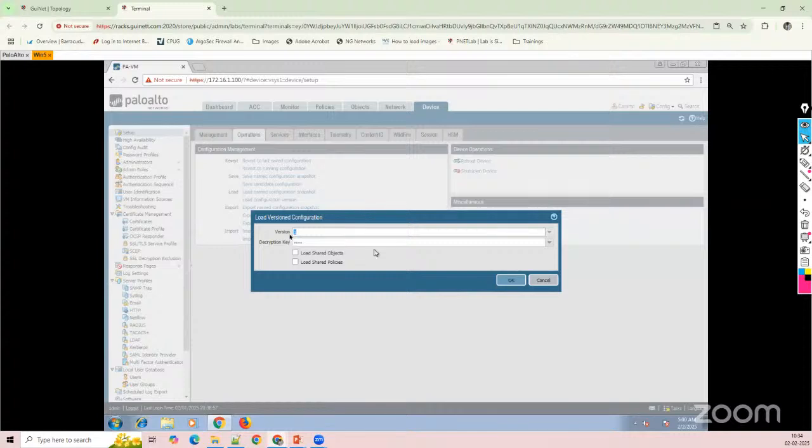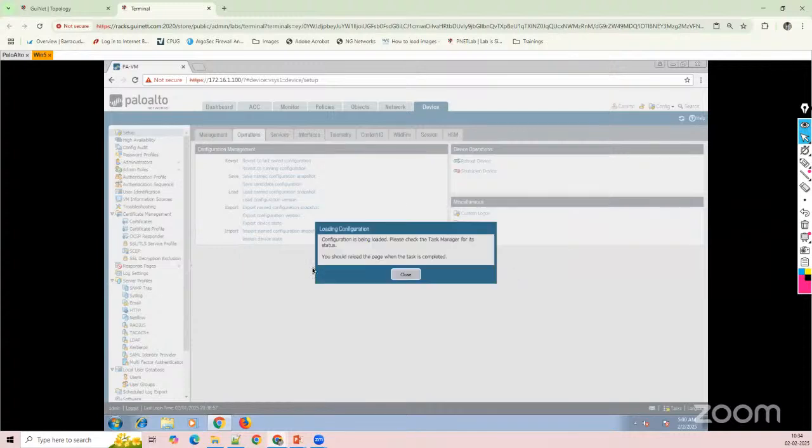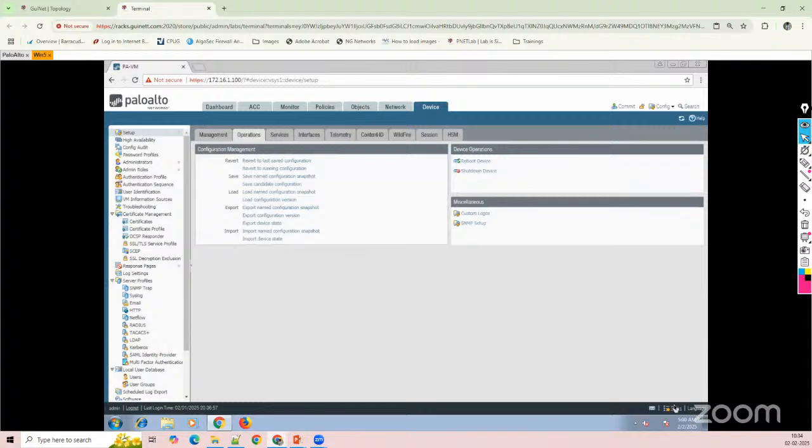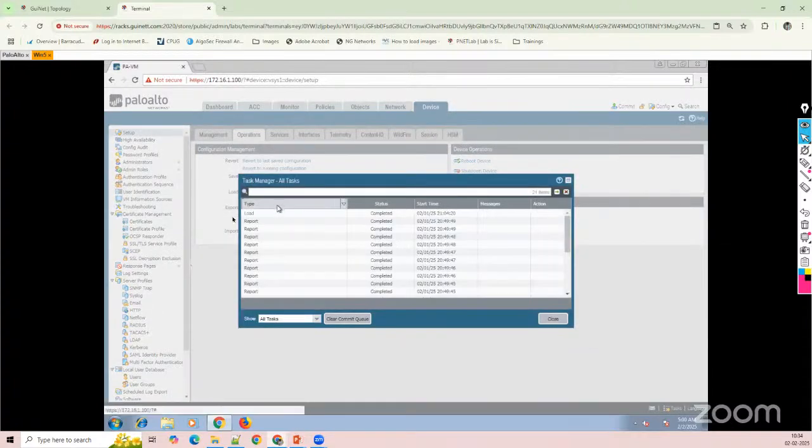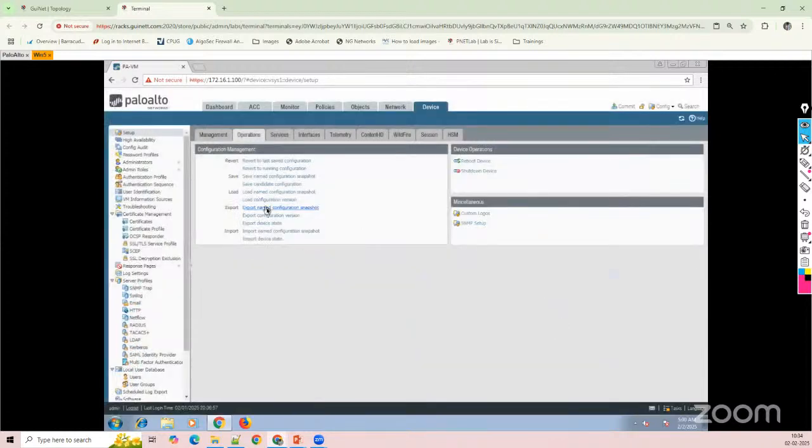Okay, so if you want to save this one, and yes, this one, it's showing reload page when this task is completed, configuration will be loaded, please check task manager status. Okay, so यहाँ पे वो जो चीज है ना, यहाँ पे शो करेगी। ओके, लोड कॉन्फ़िगरेशन कंप्लीटेड है, तो हमारा वो पूरा का पूरा शो हो गया, कंप्लीट हो चुका है।